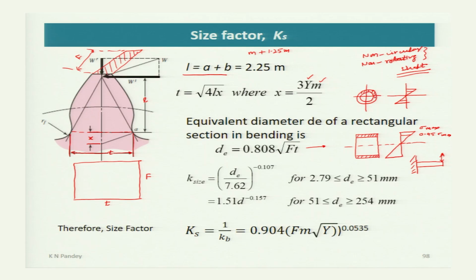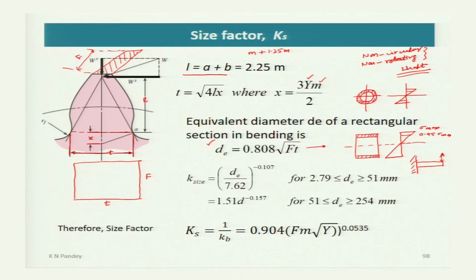Now, if the length of the beam of this cross section is the same, this area subjected to bending stress equal to or more than 95% of the maximum stress is compared, and we find the equivalent diameter. So, for the case of bending, the equivalent diameter equation is 0.808 under root Ft, where F is this one,